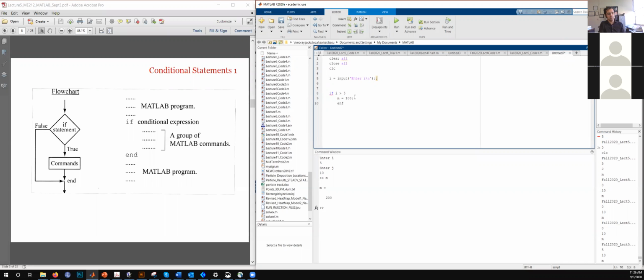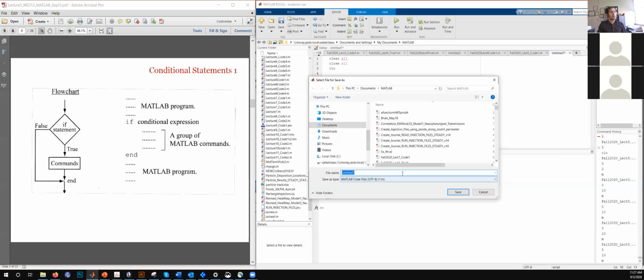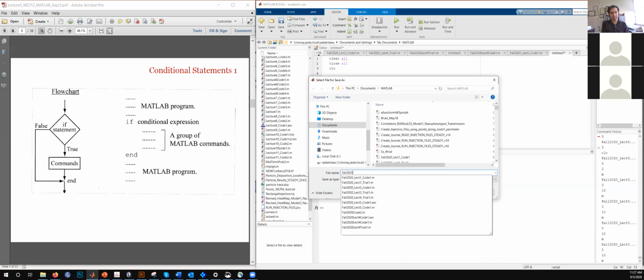So this is what I mean over here. And then let's make it a little bit complicated to show that we can add multiple lines under each if statement. So let's save this.